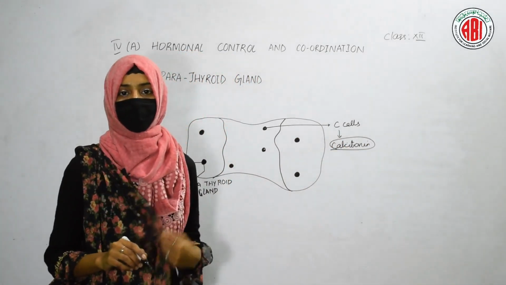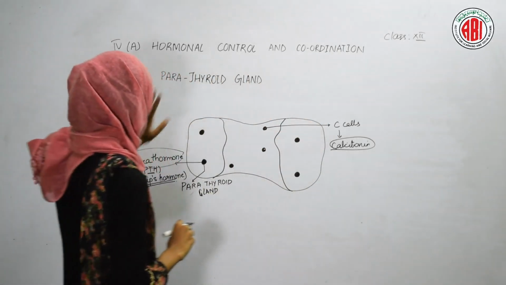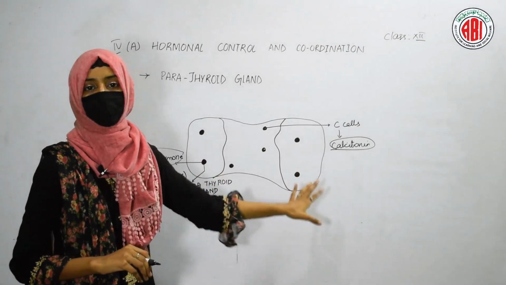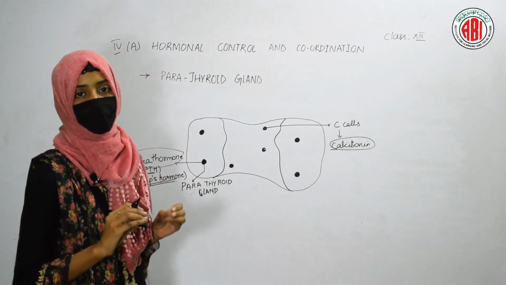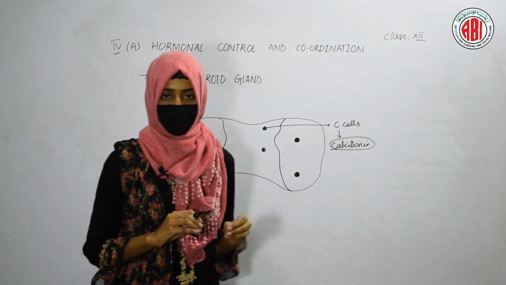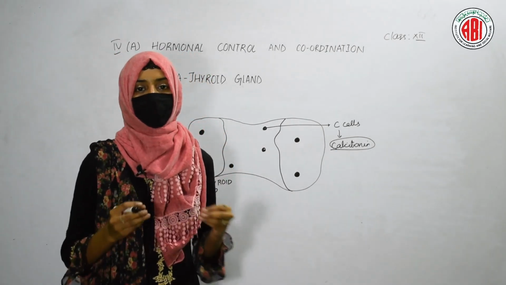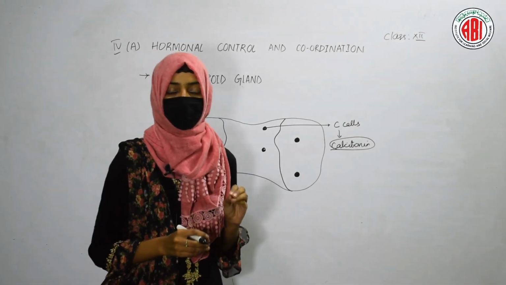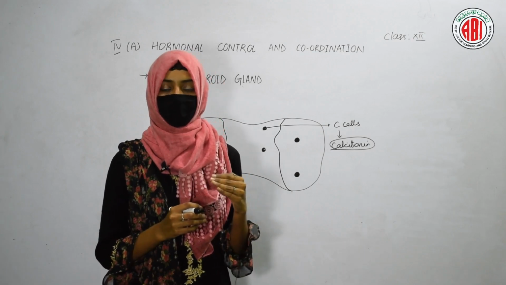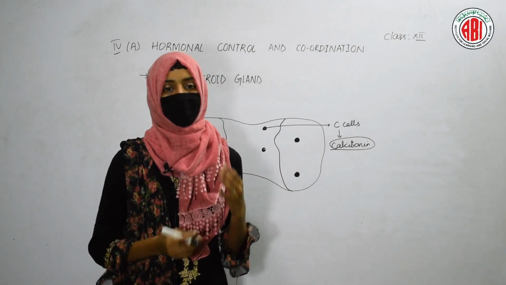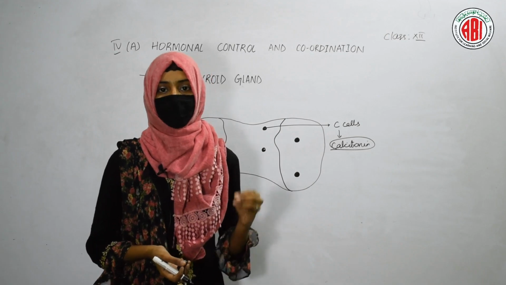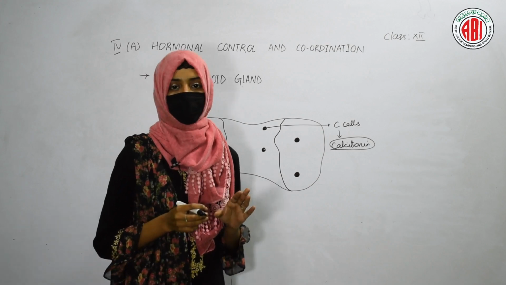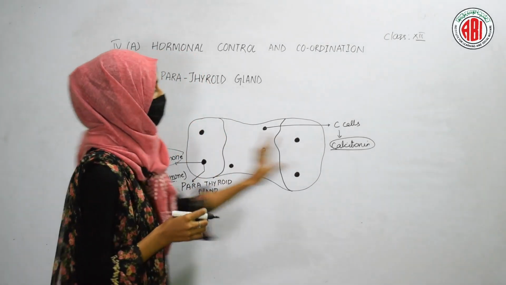So calcitonin is a hormone that is secreted by the C cells, and parathormone is a hormone that is secreted by our parathyroid gland. These two hormones play a major role in balancing the amount of calcium in our blood. We know that each and every substance in our blood should be maintained in the normal range. If it increases, it will lead to problems, and if it decreases, we can also see many problems. So to regulate the normal range of calcium in the blood, these two hormones play a